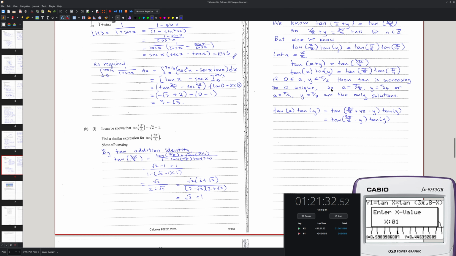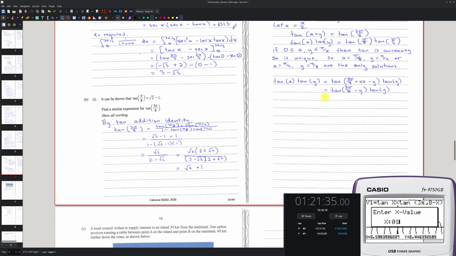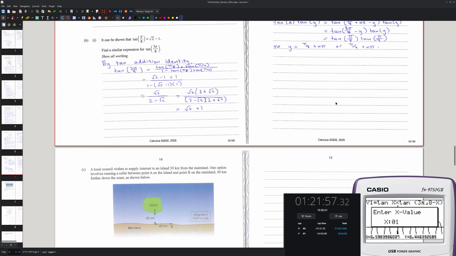So yeah, that's what I'm saying. So which is equal to tan of pi on 8 times tan of pi on 4. So y is equal to pi on 8 plus n pi or pi on 4 plus n pi. I think this is fine then. So the solutions are x equals